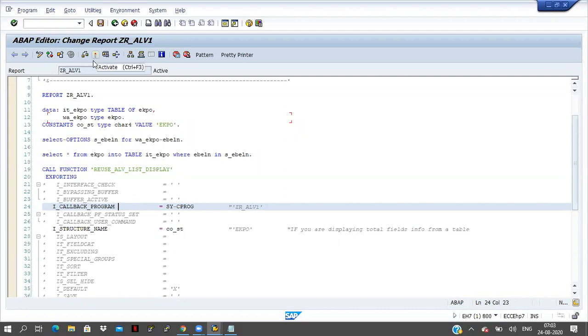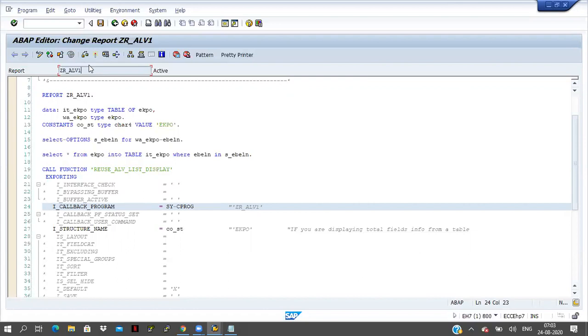The current program name is JDAR_ALV1, right? In the middle of the program, I want to execute another program also. Then it will go to another program. After that, it has to come back to our main program, JDAR_ALV1. After completion of that different program, or if I click on the back button, it has to come back to our main program.